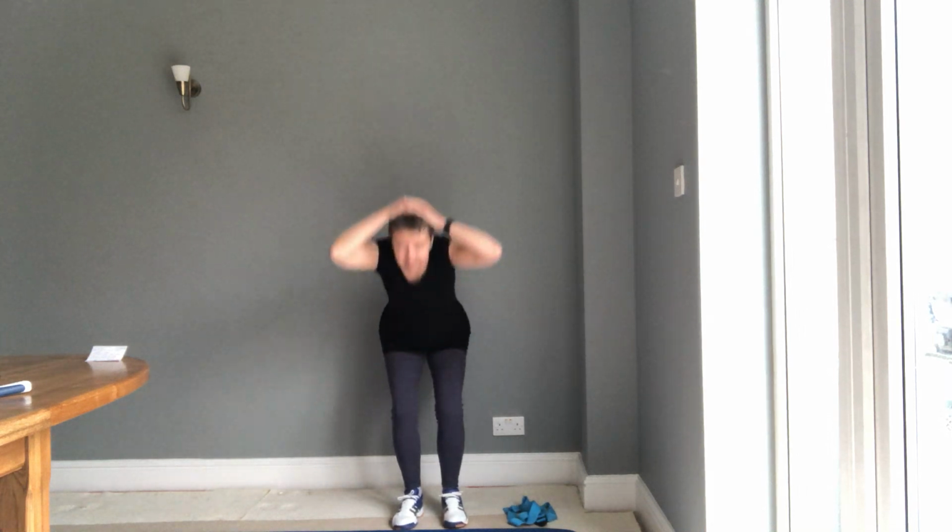Feet are underneath hips, string through the top of that head as usual, lifting us up towards the ceiling, have a draw in through the tummy and then relax back out. So we're rolling backwards and forwards, feeling what that does to the back of our spine. As we pull in, we straighten the spine, opening it up, dropping forward. Find that mid position, then reaching up, lift up onto toes, hand on head, down we go, into a dolphin